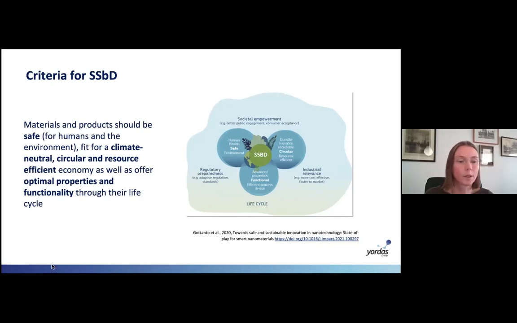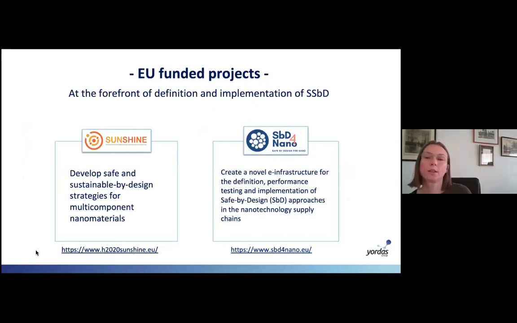And so some of the projects that we're involved in are really at the forefront of trying to define and implement this safe and sustainable by design concept. So the first one's called Sunshine, and the aim of this project is to develop safe and sustainable by design strategies for multi-component nanomaterials. I've put the links to the websites here for people to maybe look them up later,